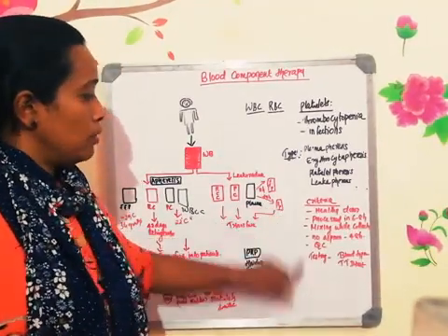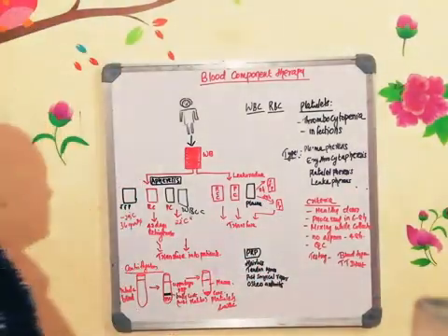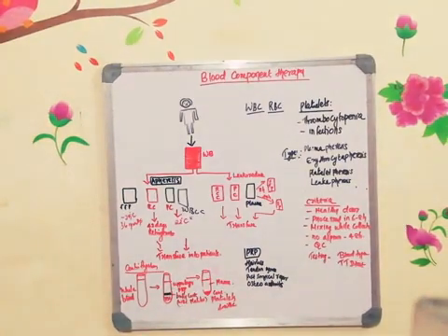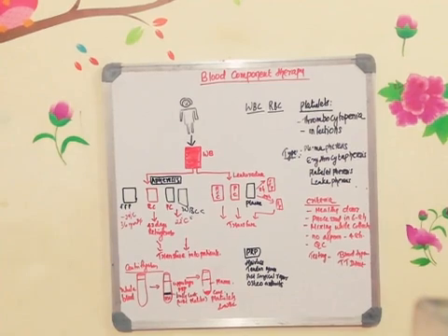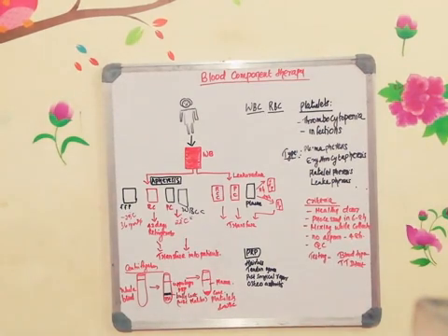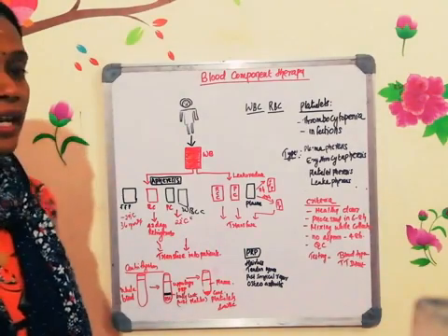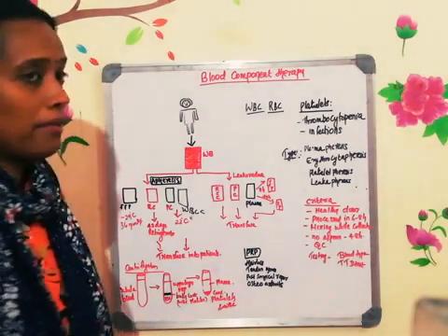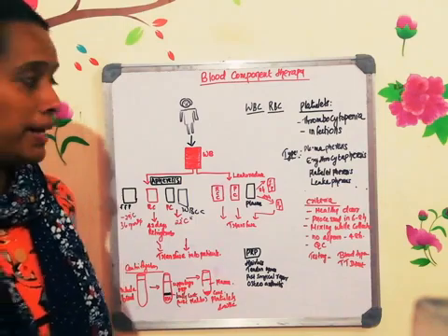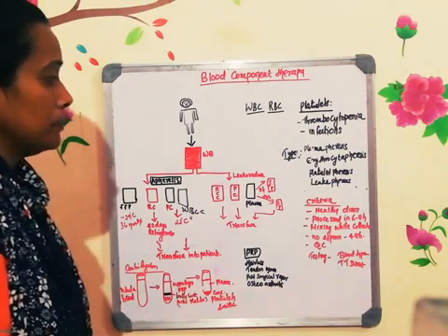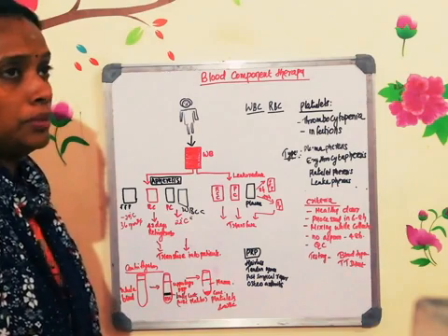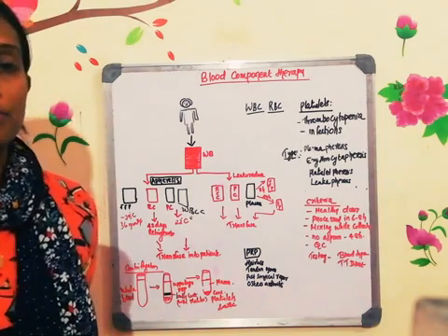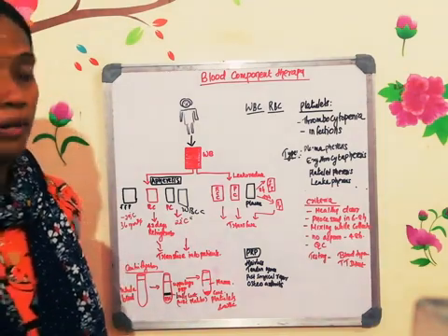The criteria of what they need to do during this blood component therapy is, number 1, the donor should be healthy. Okay, the selection of the donor is very, very important. While selecting the donor, they should be very healthy. Okay, they should not have any other health issues. They should have proper food before giving the blood, and they should be willing to go for all the tests which will be conducted before the blood donation.